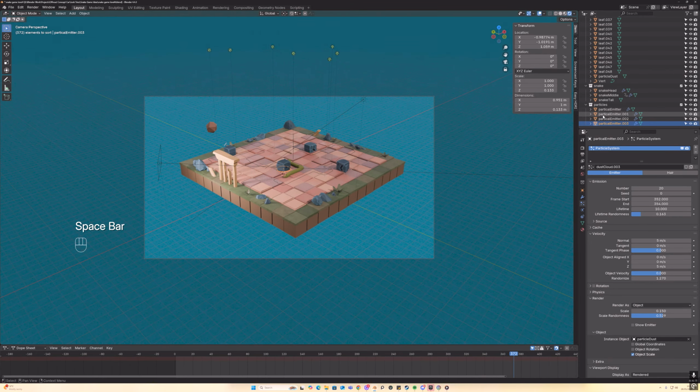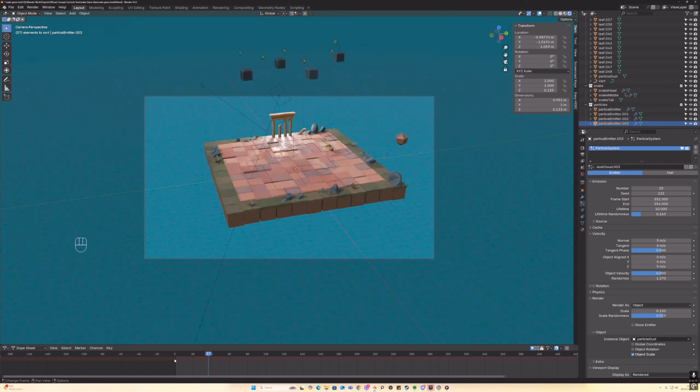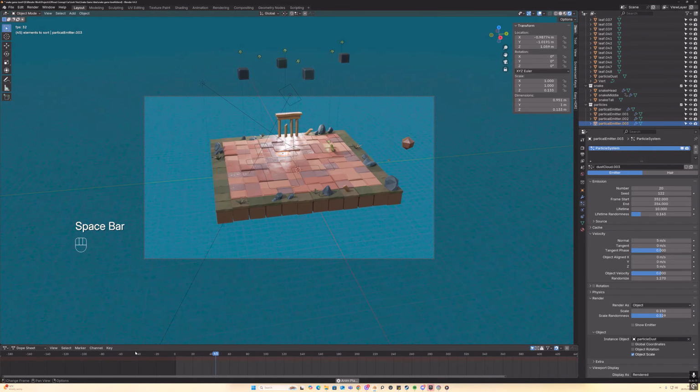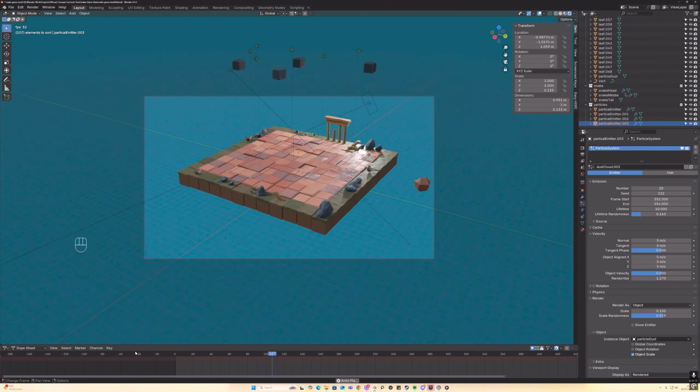And one little thing you might want to change is if you click through all of these and just put a random number in each of these seeds. All that does is it just changes how the particles are spawned and how they react, so that you don't get exactly the same thing every time. It's probably going to be too subtle to notice, but